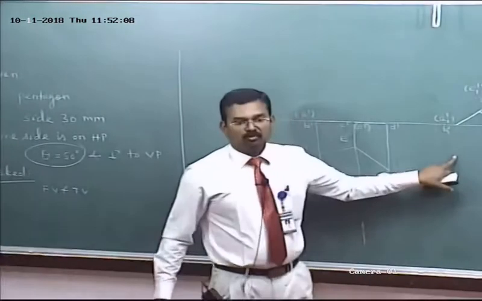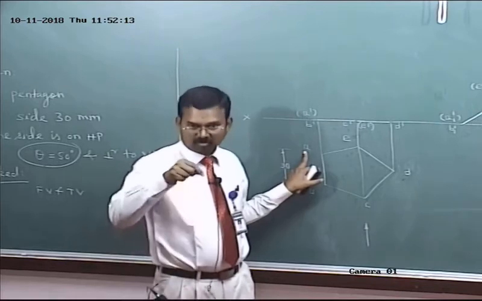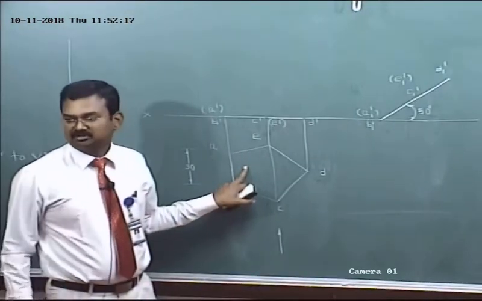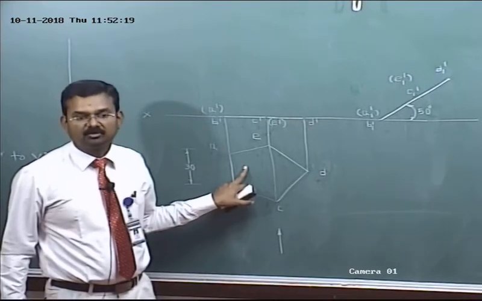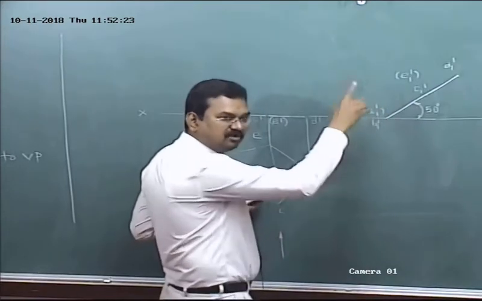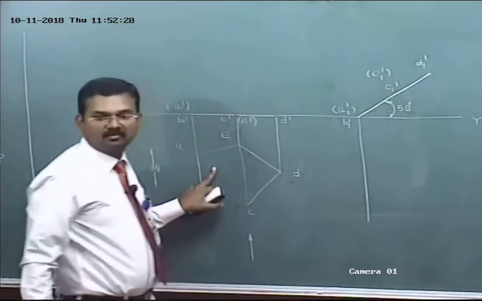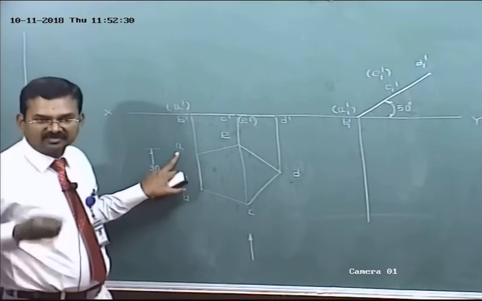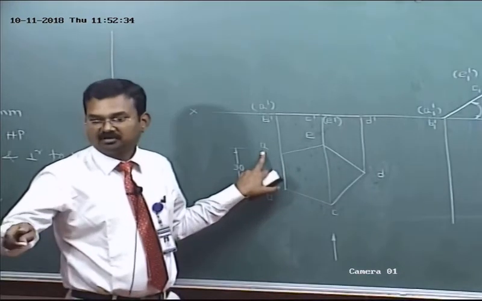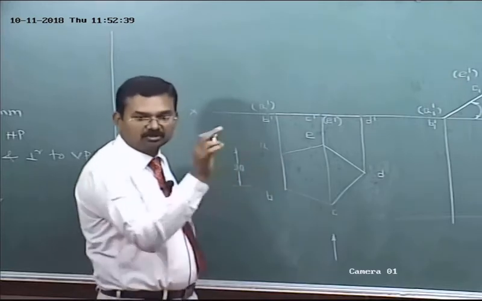Now I want to mark A1. Already I have marked A, but it does not give the actual shape, the required top view, isn't it? So the top view has been drawn as per our assumption. What about the required top view? From A1 dash, the tilted front view, draw a vertical projector. From A in the first step top view, we are going to obtain the required top view, isn't it? We are discussing the corner A.